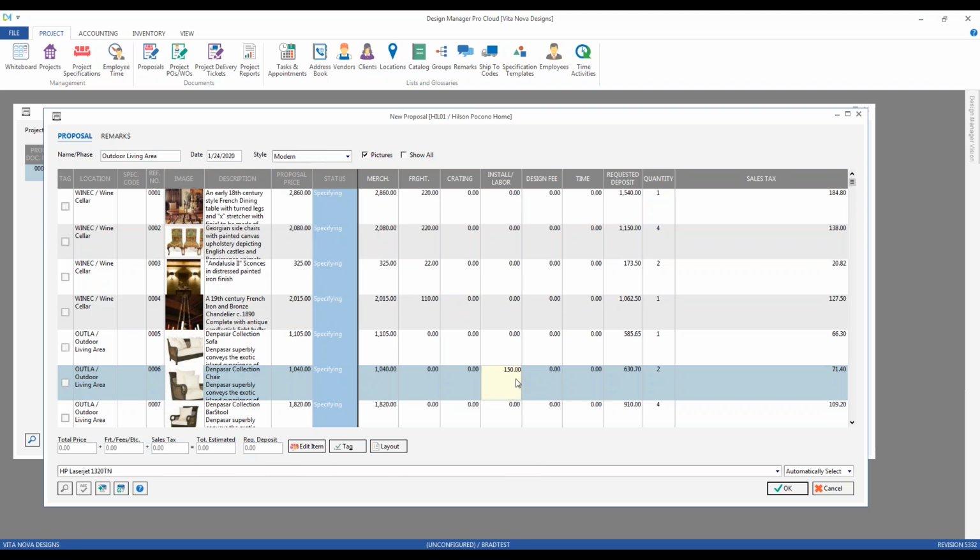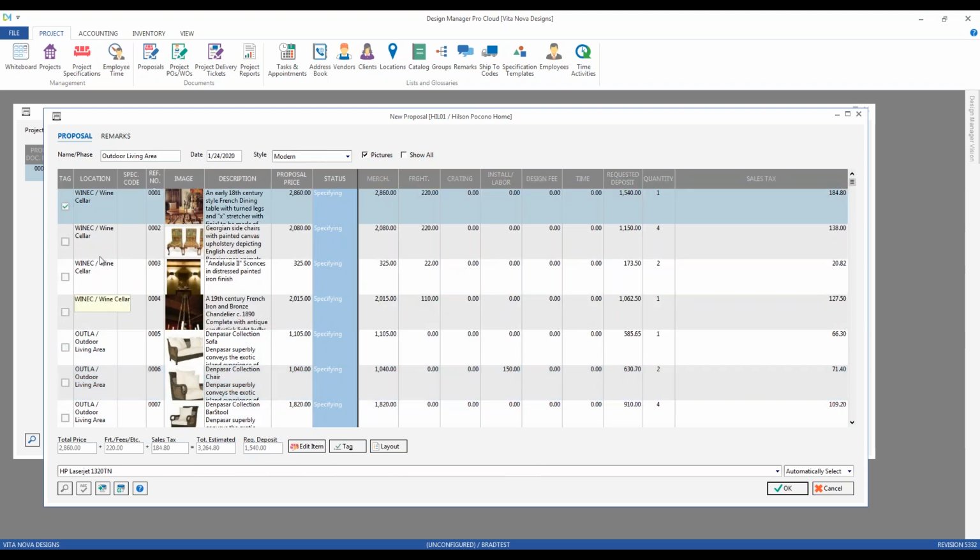It all comes to selecting or tagging the items we want included on the proposal at this time. So I could manually select or tag an item. By doing so, the green check mark occurs in the tag item. My totals recalculate for me all of our merchandise price, and then any additional charges, freight, installation, etc., will be in the next frame, sales tax, the total of all 3, and even the required or requested deposit at this point. If I select another one, Design Manager is going to not only use the check mark as indicating a tag, but also